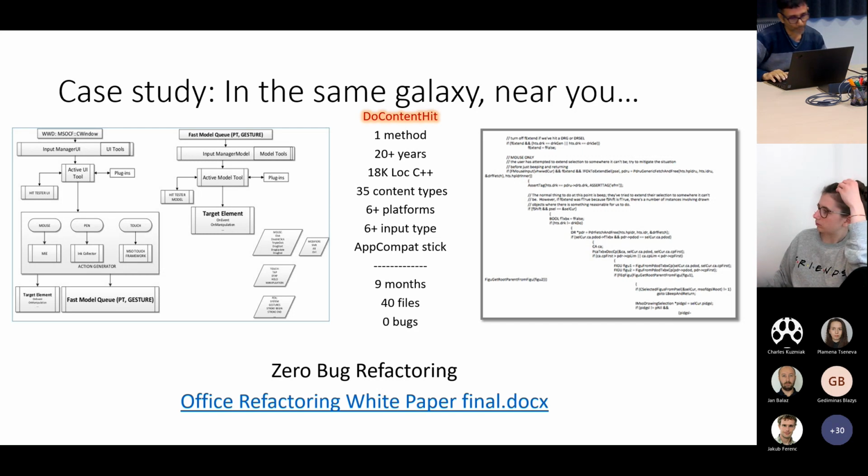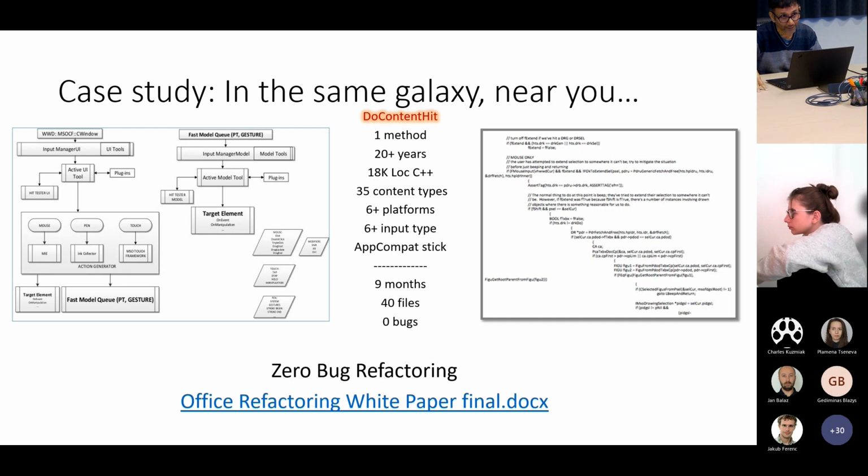And then there is this app compat stick. App compat is a division in Microsoft, at least in the operating system division, and I think we have it in our division as well. The App compat division is arguably the most powerful division. They can literally come and block you from shipping. This was started by Bill Gates early on. The whole purpose of this division is to make sure that Office documents or Excel files or content created by, say, Word in 1996 or 1988 can still be opened in your current Word versions. You cannot break Office documents. You simply cannot break the customers.